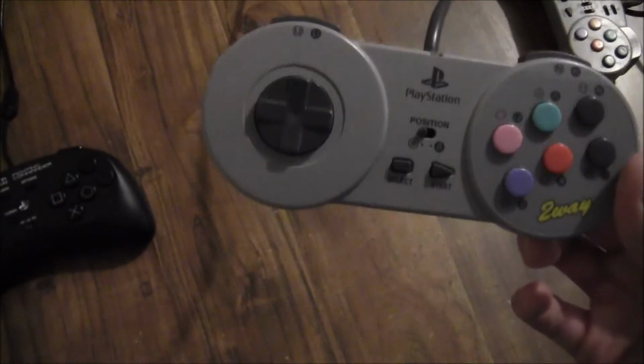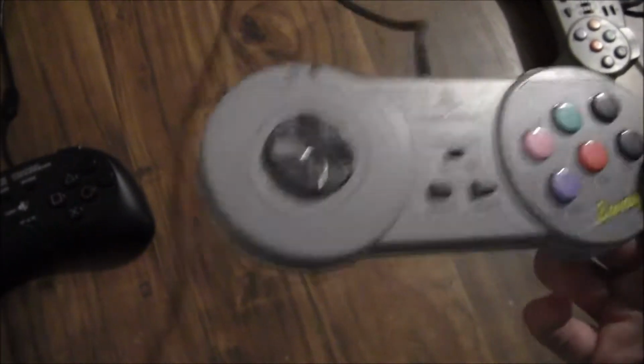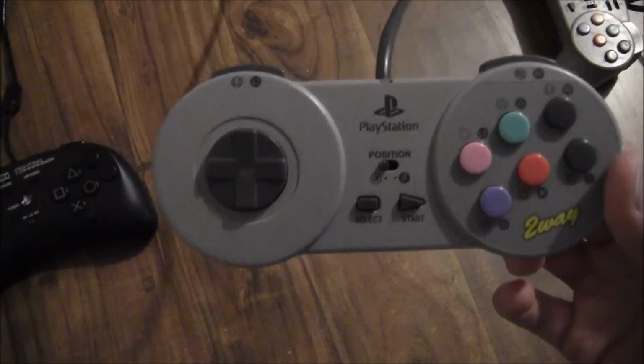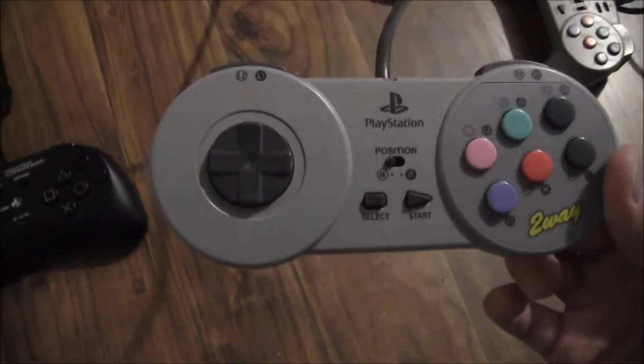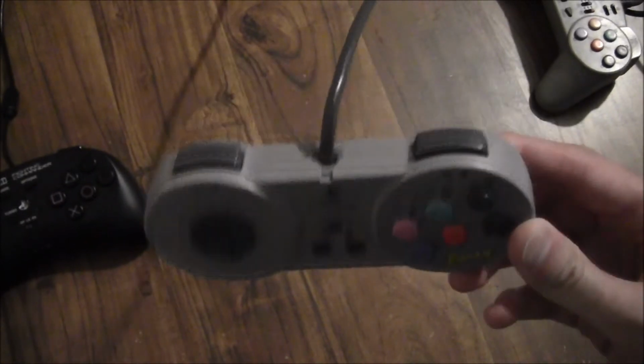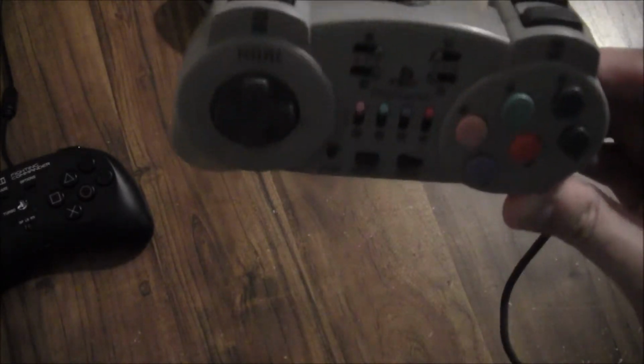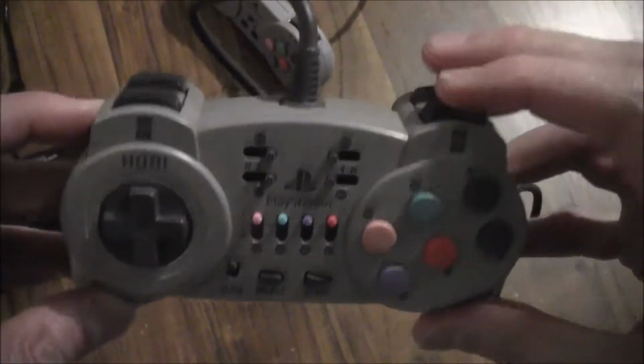So as good as it is, if you get the chance, or if you've got a bit of spare money, you fancy it, I'd recommend giving it a try. The only thing is you don't know the state of the pad until it comes, because they're all second hand. But I'm going to knock this one on the head. I'm not going to go with this one just because I haven't got the 2 triggers on the right hand side. Going back to this one again, like I said, if I can rewire this to have 2 triggers working there,